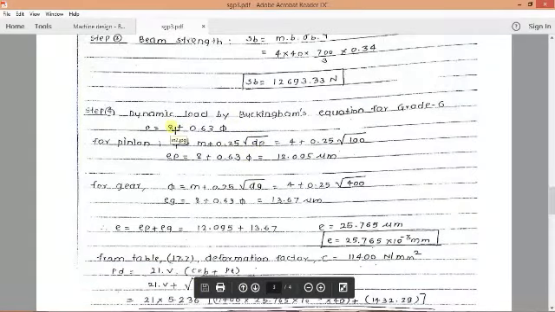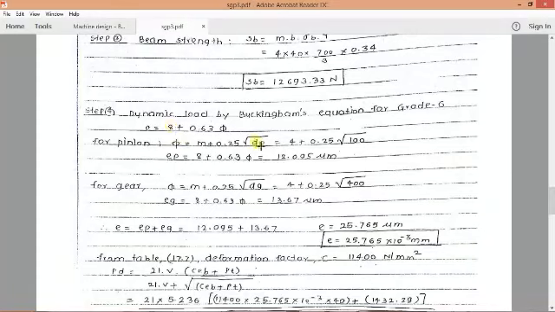Then first of all we have to calculate phi, and the formula for phi is m plus 0.25 root of dp. So we are calculating phi for the pinion here, taking the diameter of the pinion. After calculating phi we get the value, and putting this value in this equation, the error in pinion is equal to 8 plus 0.63 into 5, and putting this value we get